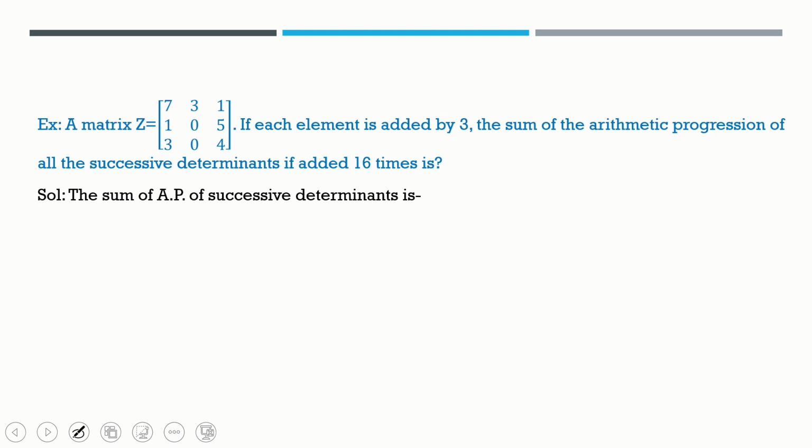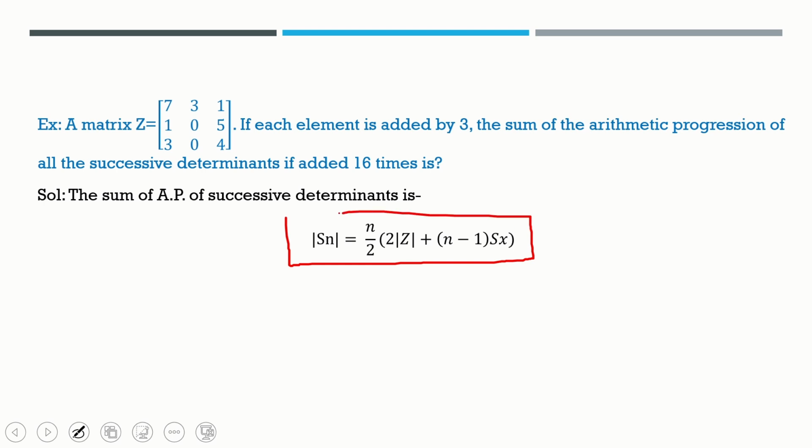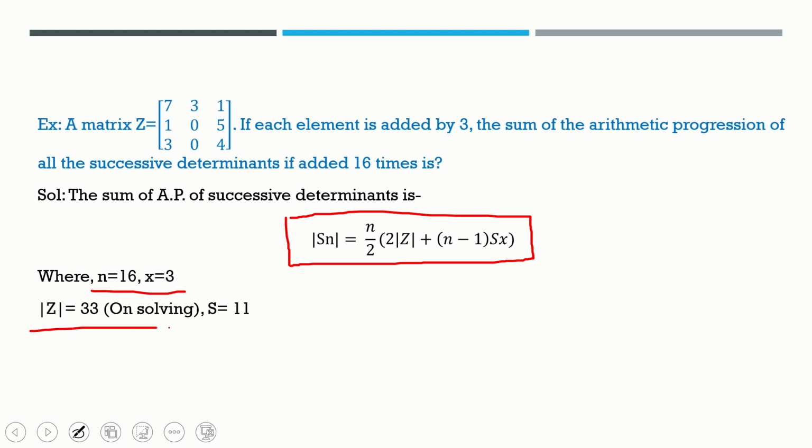See, so this is the formula, and these are your values, and these were the values upon calculation. So if you put them, this will be your answer. Okay,